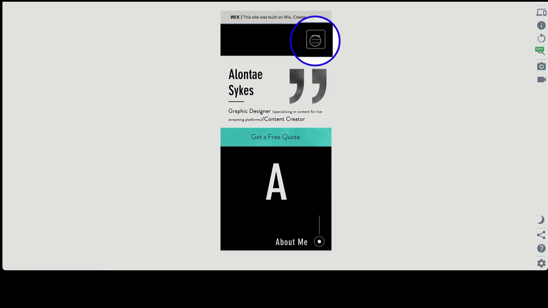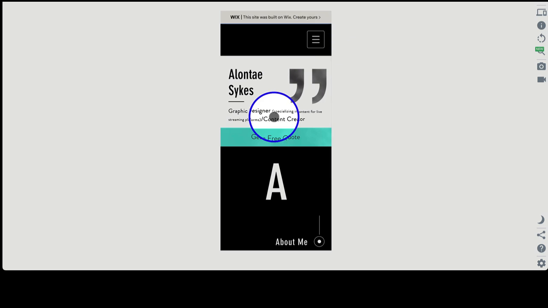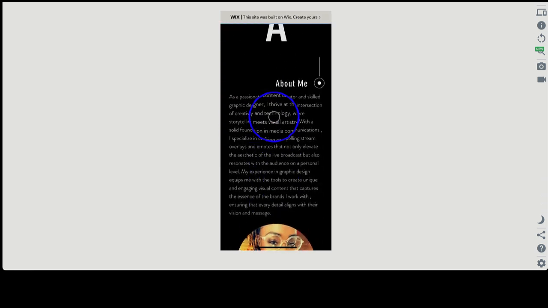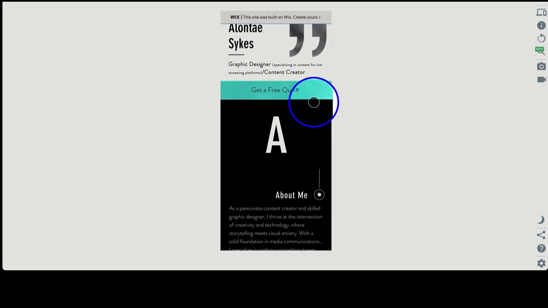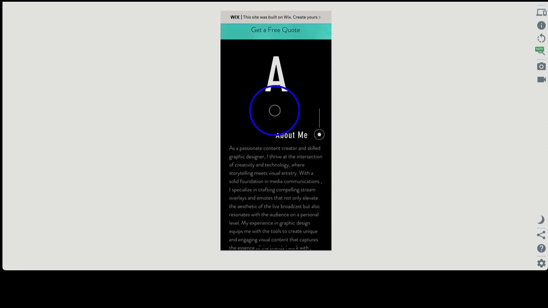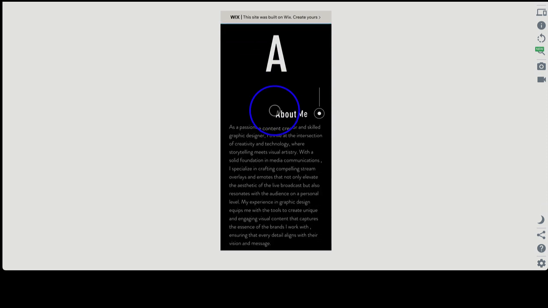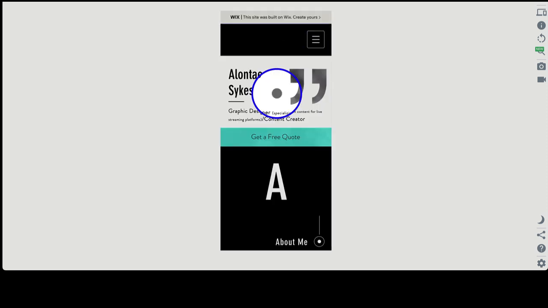Okay, so you'll want to link this to this container right here. So it would go up like this. You're going to link your works